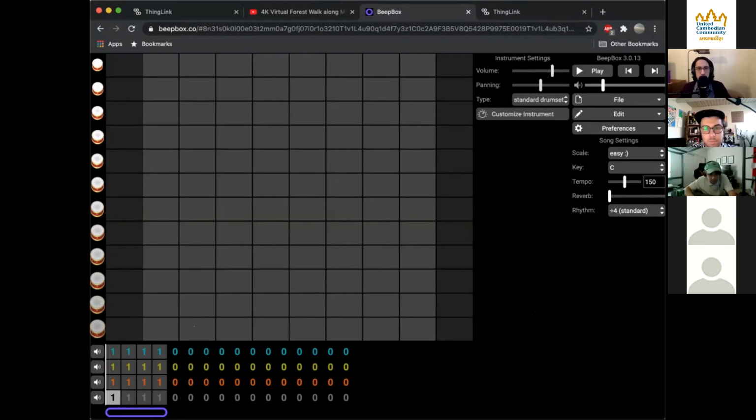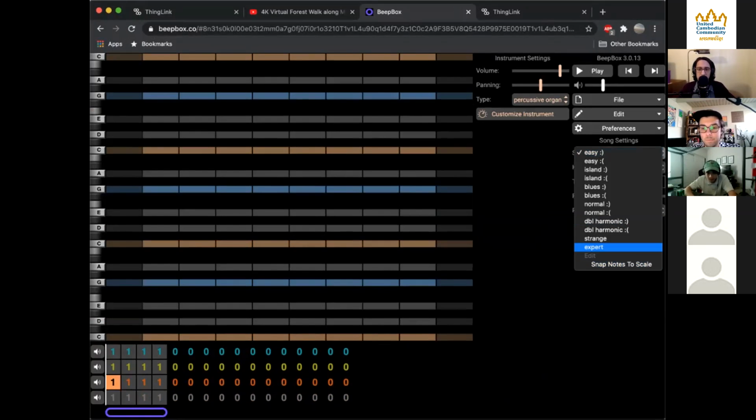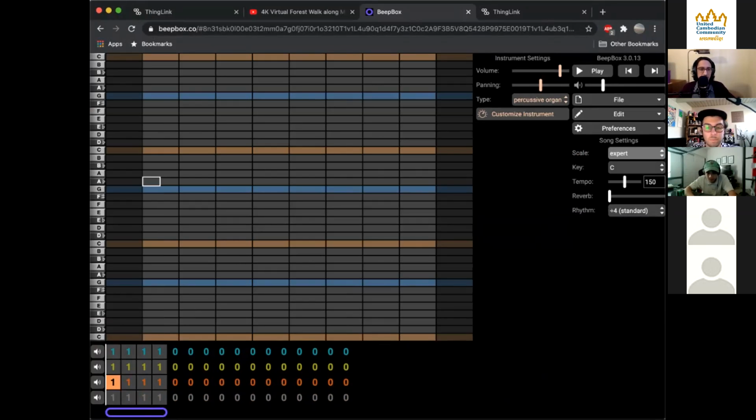Okay, so the one thing I want to bring everyone's attention to is notice how it looks different from the other instrument channels we were working with. If we go back to the instrument channel, see we have a lot more lines here. Let me go to the right setting. Sorry, y'all. See how we have the rows, there's way more of them than in the drum channel. So I don't know if Chris covered it, but basically in the instruments, going up is higher in pitch, so higher notes, if that makes sense, and then going down is lower notes.